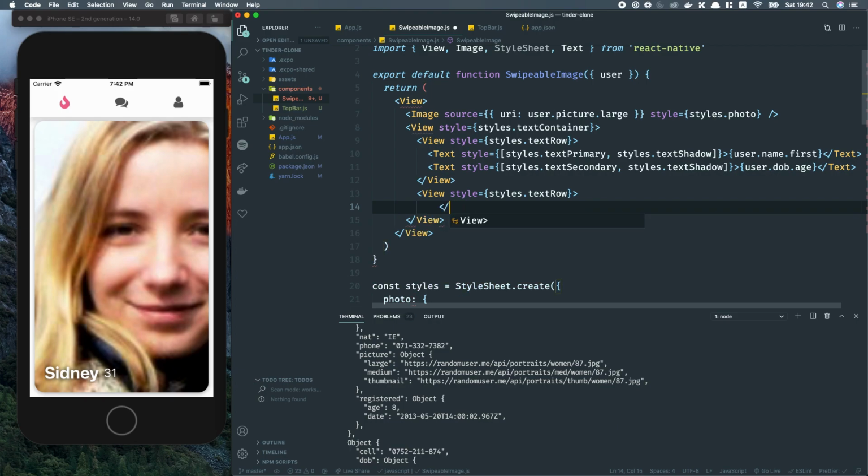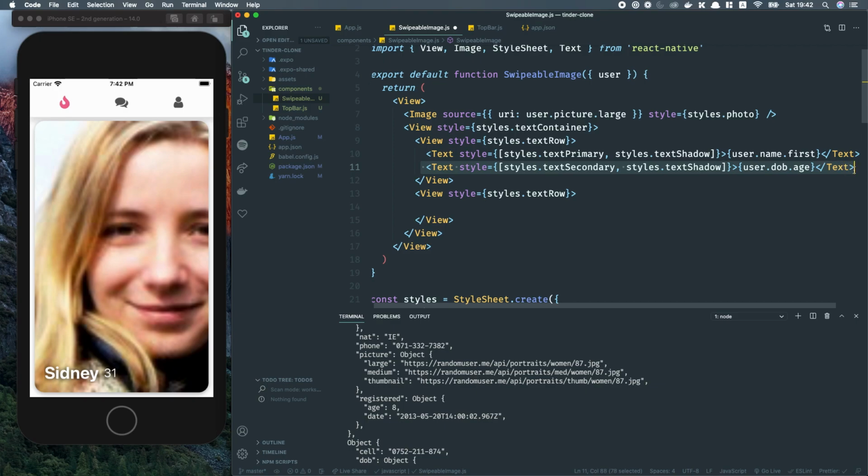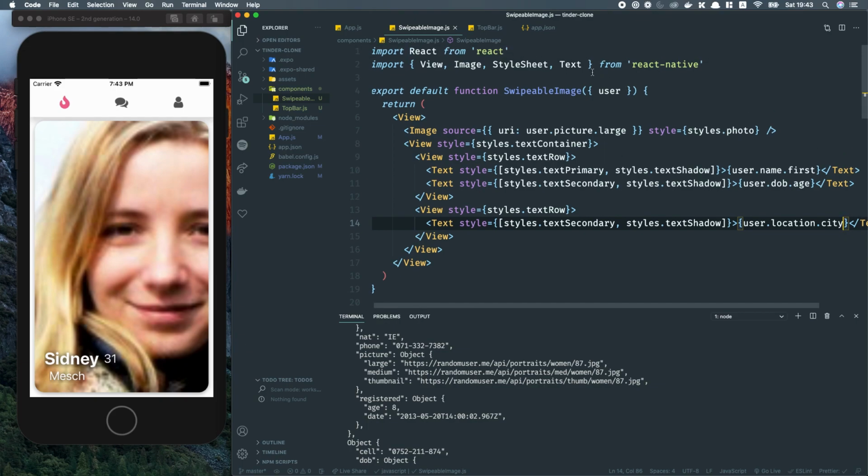We need to close this one, and here we are going to add, well, I'm going to copy this. It's going to use this kind of style, right? The secondary text and the text shadow. But here I'm going to take the location, that city. And here we can see that we have the city of this user, and we can also add some icon,